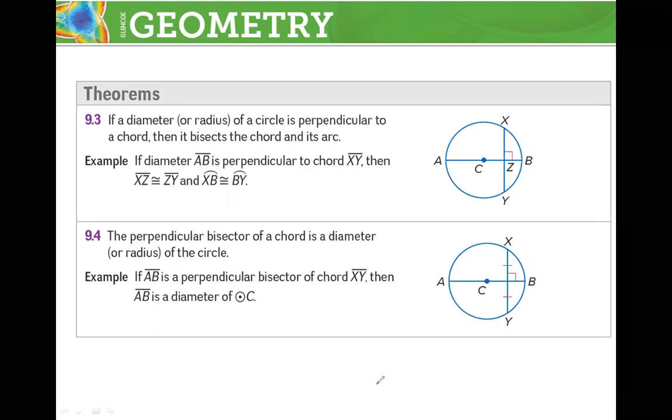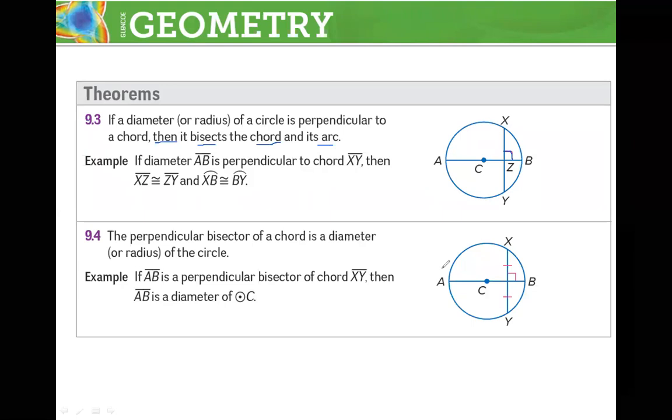If a diameter or a radius of a circle is perpendicular, it means this angle is 90, as you see here, to a chord, what happens? Then it bisects the chord and its arc. Okay, thanks,